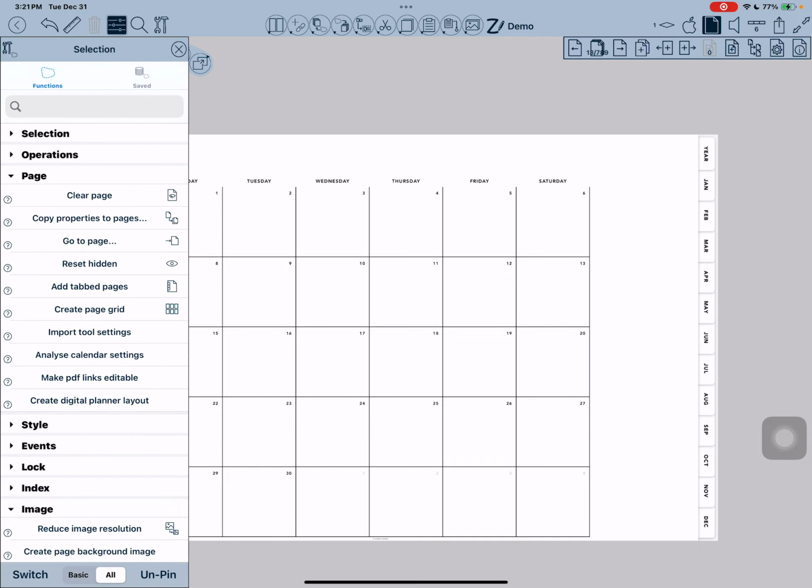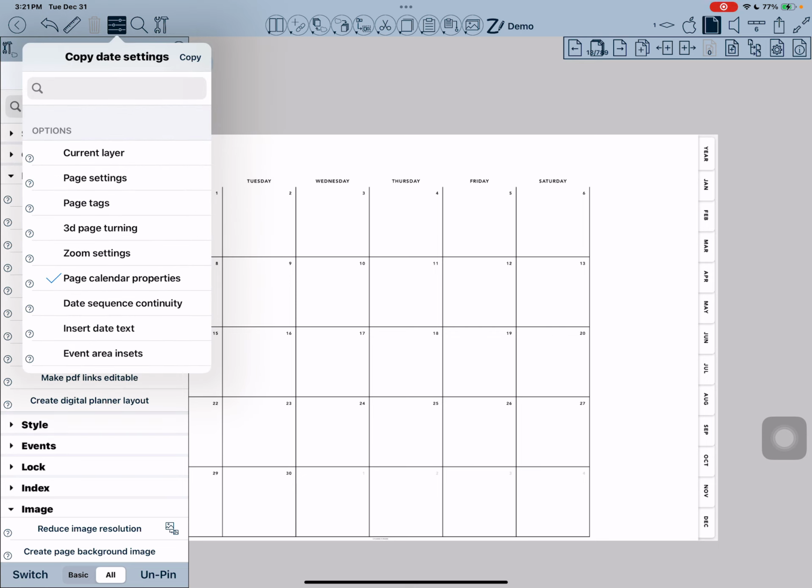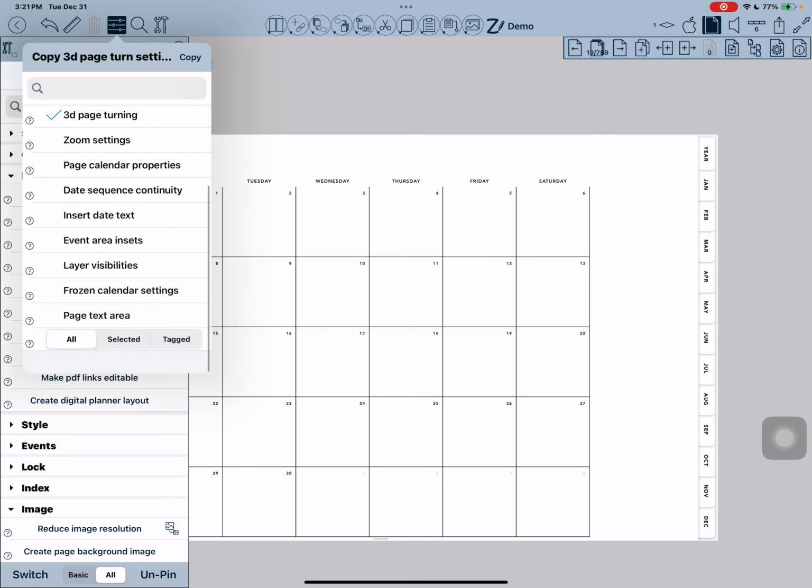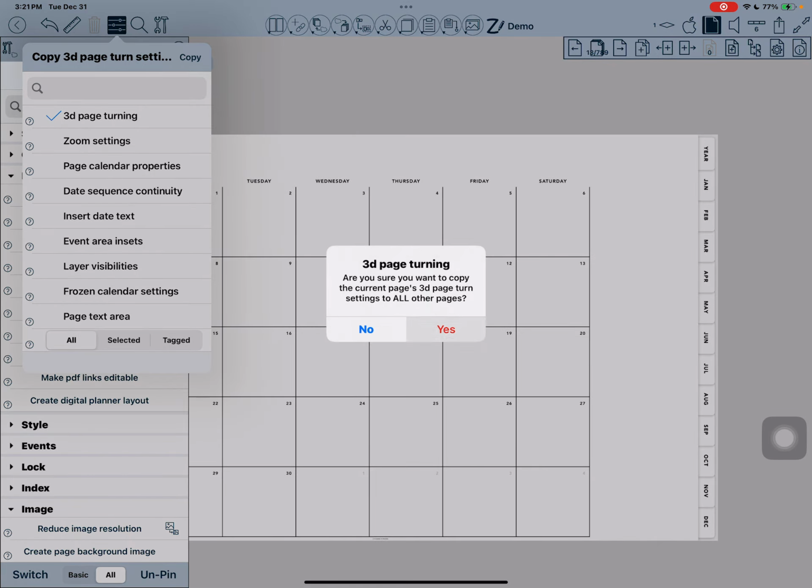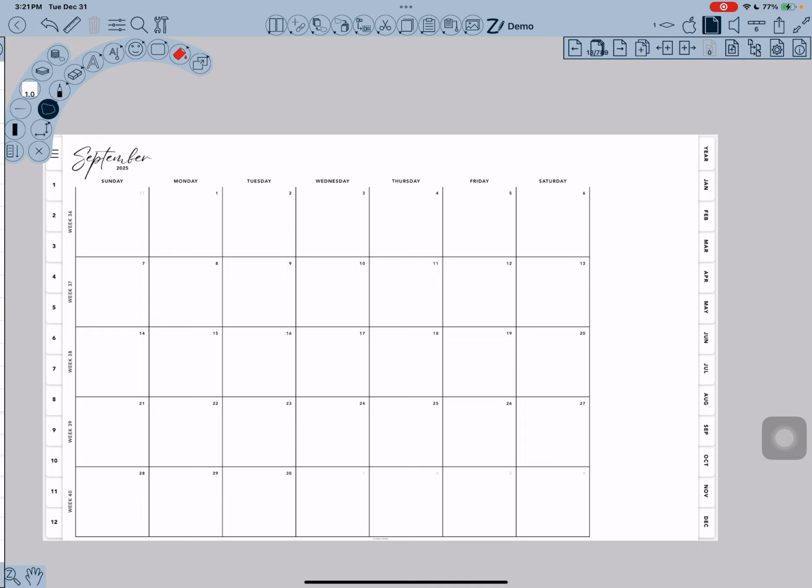And now I can go to my select tool, which is this little blob. I can go to my slider, which brings up all these things here. Copy properties to pages. And I want to do the 3D page turning, and I'm going to slide down to the bottom here, and it's going to be on all. Copy. Yes. Now all my pages are going to,